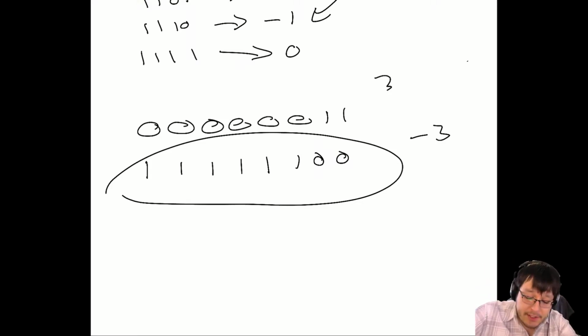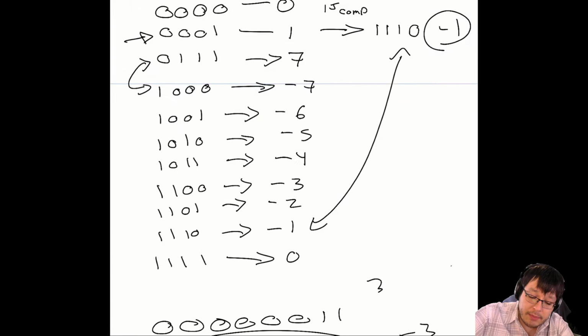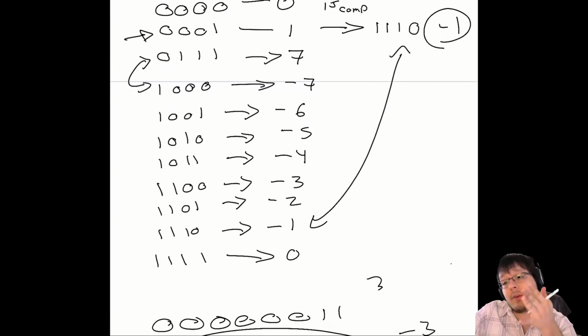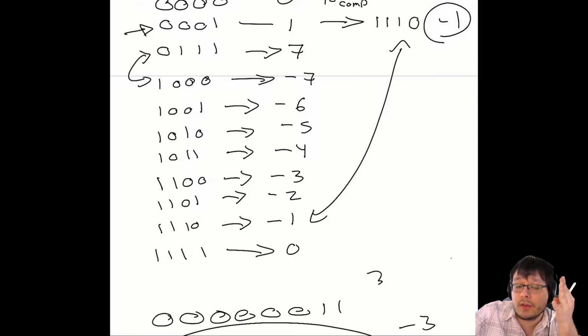I think the biggest drawback is that we have two zeros. We have 0,0,0 and 1,1,1, both representing 0. And from the standpoint of trying to be super efficient with your bits, because you want to keep the biggest range possible, it's pointless to have two things that actually represent 0,